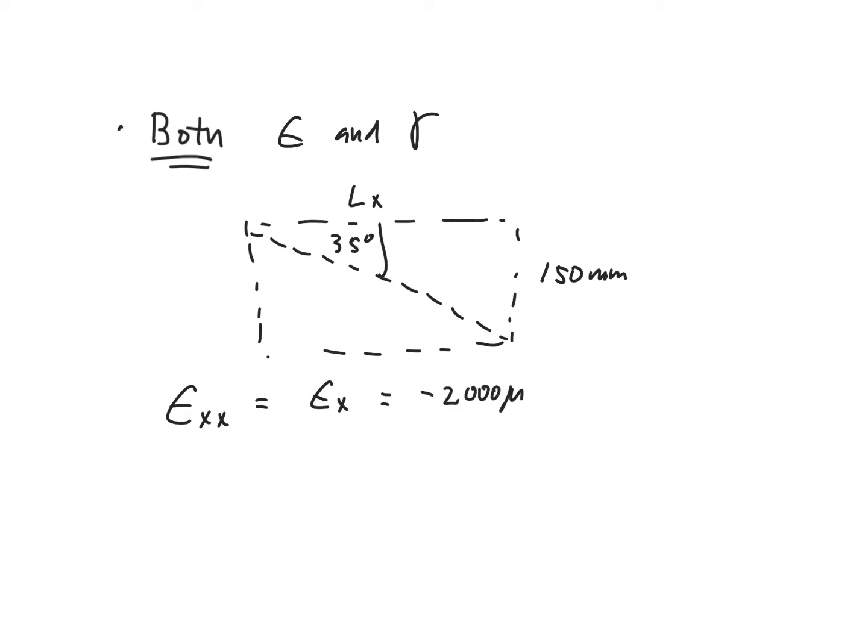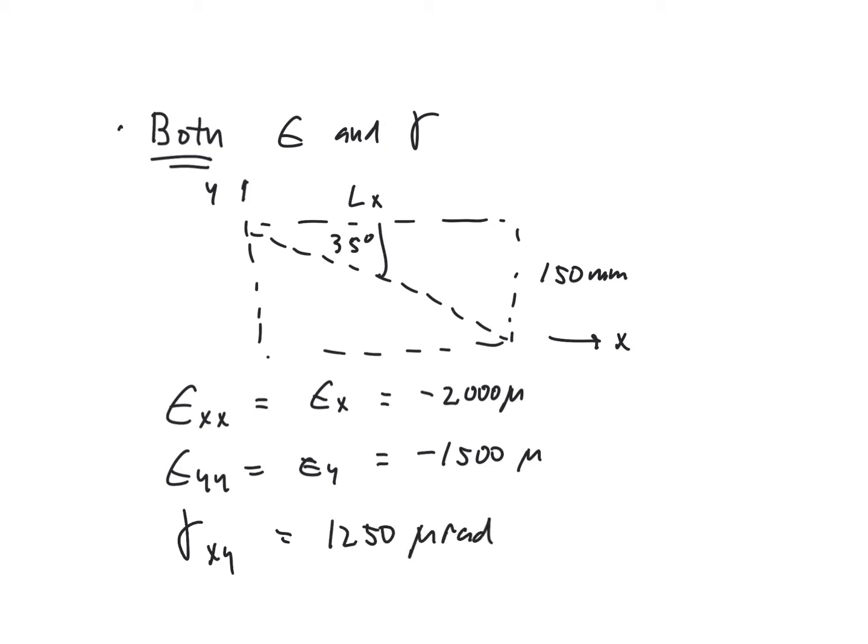And we're going to remind ourselves of what that was. We just talked about it. Epsilon yy is equal to epsilon y, and that is minus 1,500 microstrain. So both the x and the y directions are shrinking. And then gamma xy, and now we better put on some coordinates. That's x, and that's going to be y. Gamma xy has to have two subscripts because it's the line elements originally in the x and the y directions. And that's equal to 1250